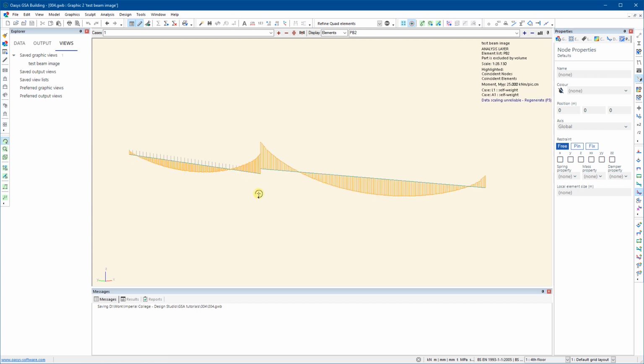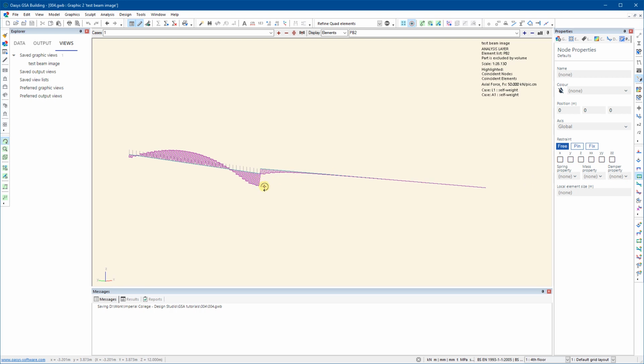But as you remember from the lecture, if you offset an element, I'd expect to see an axial force as well, which you then need to take into account. If you look at the design moment, you need to take the bending moment that you see there, and then add on the axial force times the eccentricity to get the design moment. So if I turn off the bending moment diagram, and I turn on the axial forces. So before I do that, I'm not expecting to see any axial force in the beam here because there's no offset, and I am expecting to see axial force there because there is an offset for the reasons I talked about in the lecture. So if I switch on the axial force